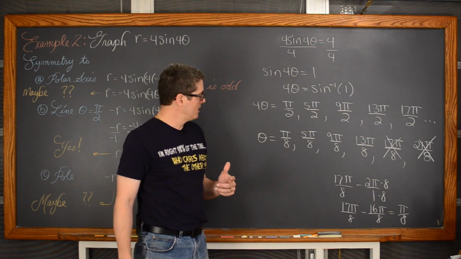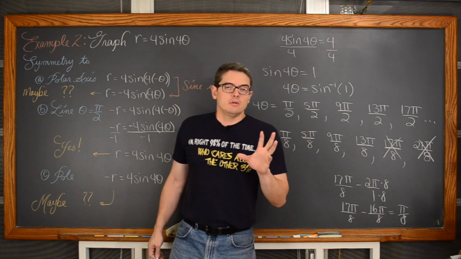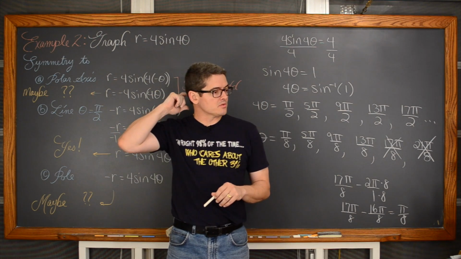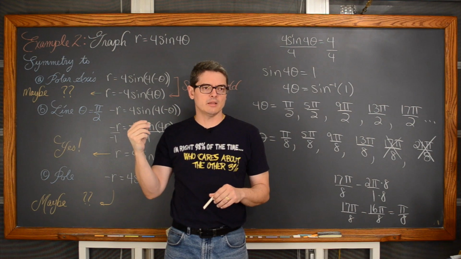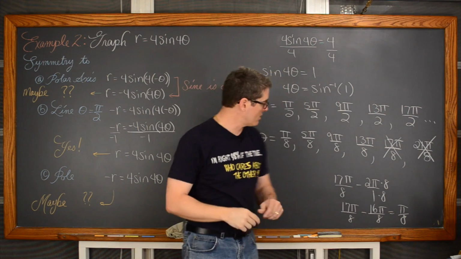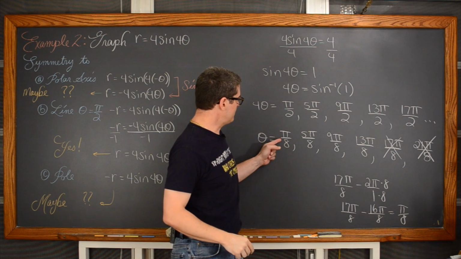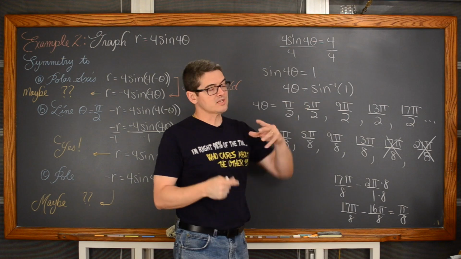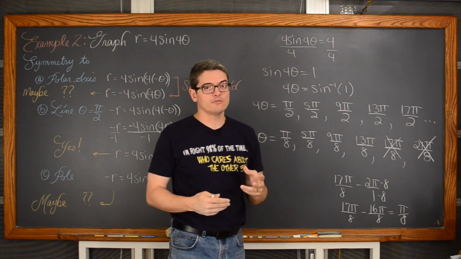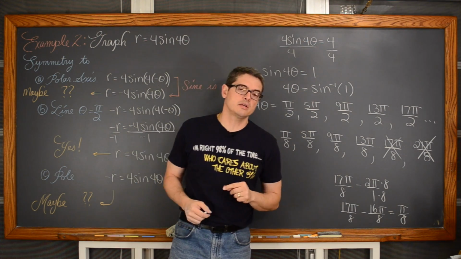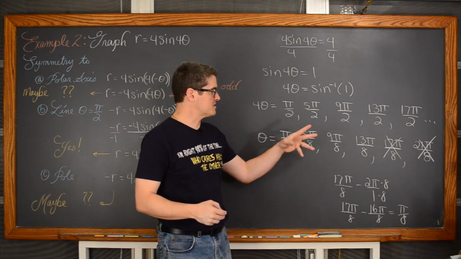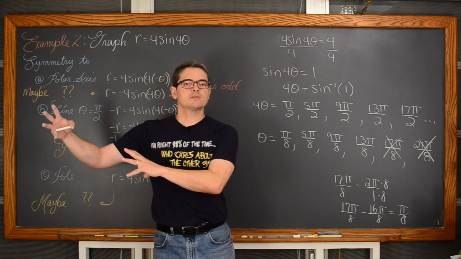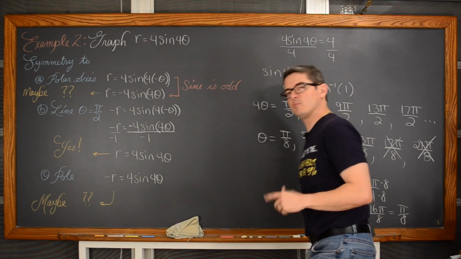Well, now our n value here is even, so to find the endpoints of our petals, n is even. That means you have twice as many petals. That means we have 8 petals, not 4. But I only have basically 4 angle measures where we have a maximum value of 4. Well, that's because we need to set this equation equal to positive 4 and solve, which you just did, and we also need to set it equal to negative 4 and repeat. So I'm just going to step off, reveal that solution. Maybe you want to pause it, practice it on your own, and then clean all this up and get ready to actually draw the graph on the polar grid.